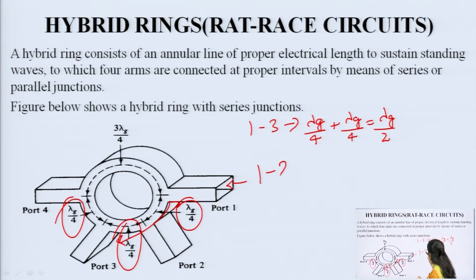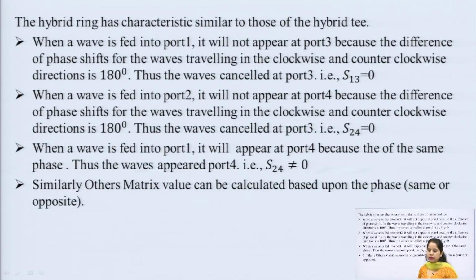Between port 1 and 2, the distance is different. The distance between 1 and 4 is again different. Every port has a different distance; there is not a common distance between two adjacent ports. That is the reason behind getting the signal at one port and not at the other. So, when a wave is fed into port 1, it will not appear at port 3